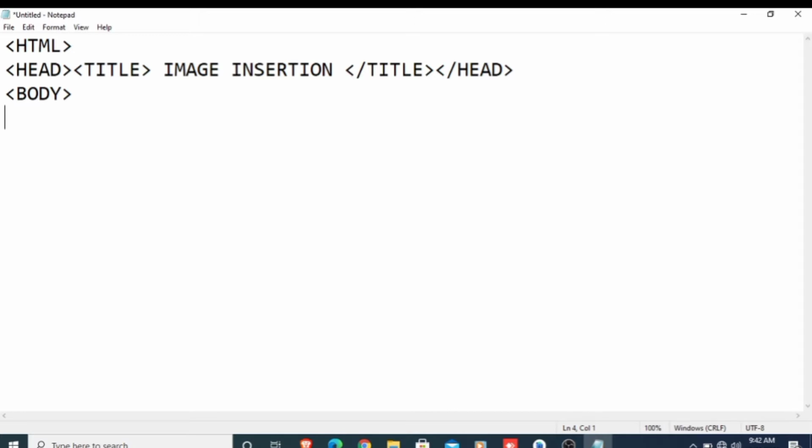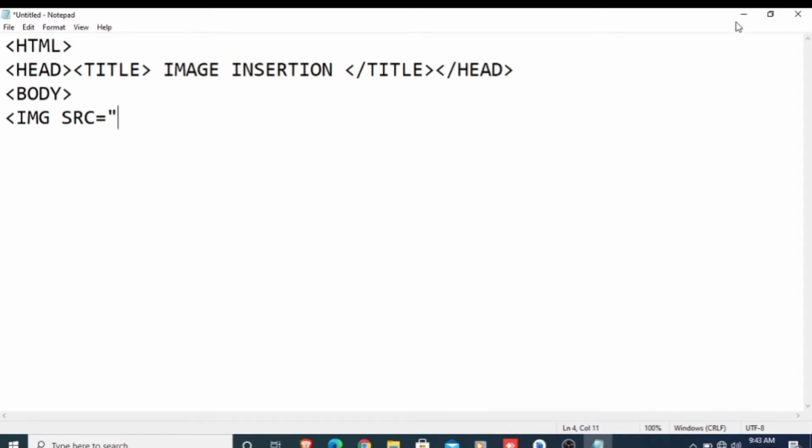So here we are going to write whatever we have to show in our web page. We want to show our image, so to show the image in our web page, the code is img space src. This is the tag that is used to insert the image in our web page. Then img space src equals to, where src means source. After that we have to write the location of our image, and also the name of our image.